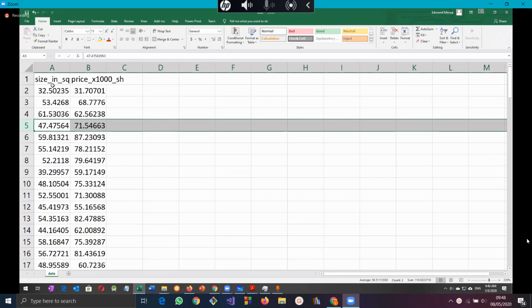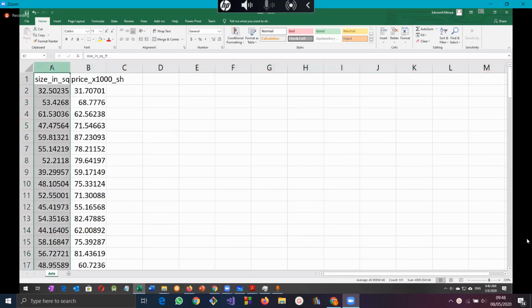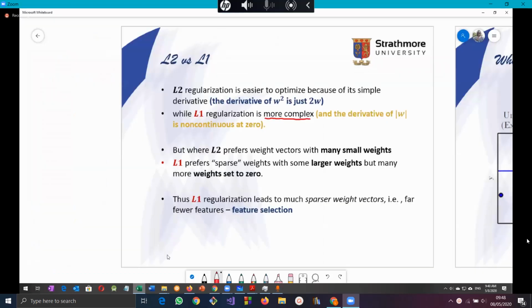So why do we have one weight in our example? Because we have only one x, which is the size. So if I set the weight of this feature to 0, it means I'm ignoring that feature. That will lead us to Monday, where we will be discussing feature selection. So L1 has the power to do feature selection by setting some weights to 0. L2 can't do feature selection,